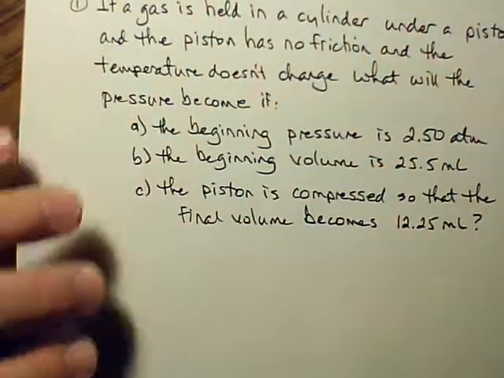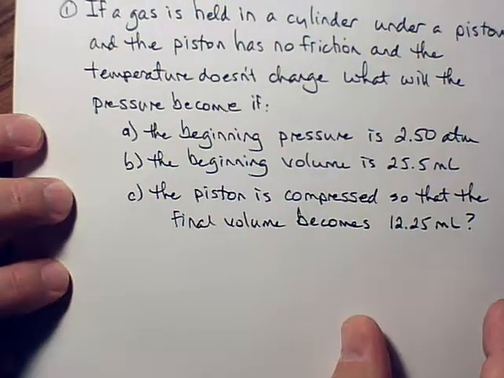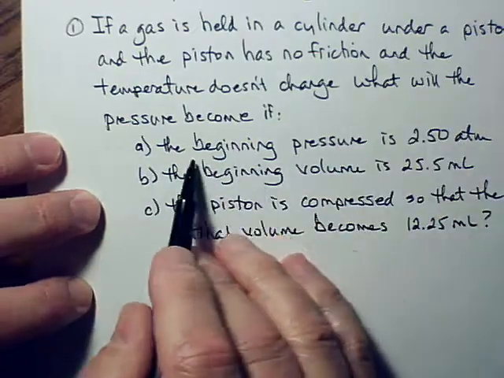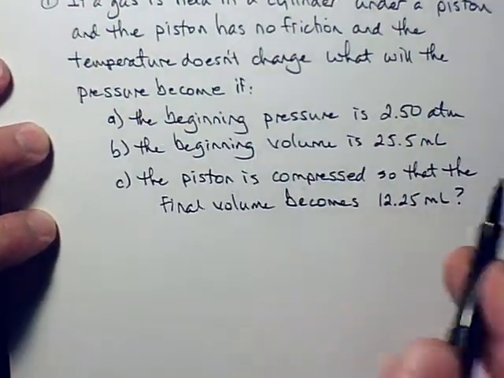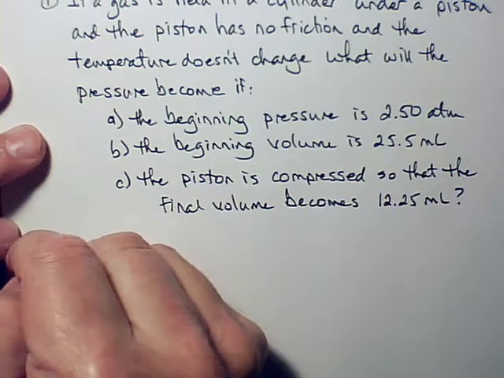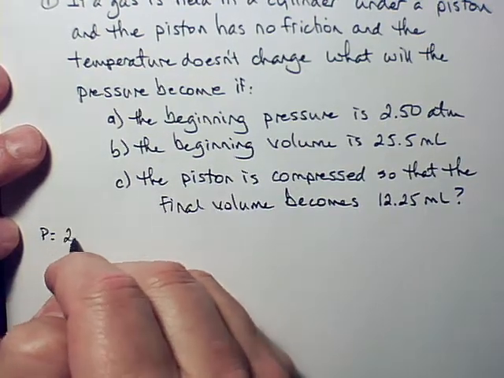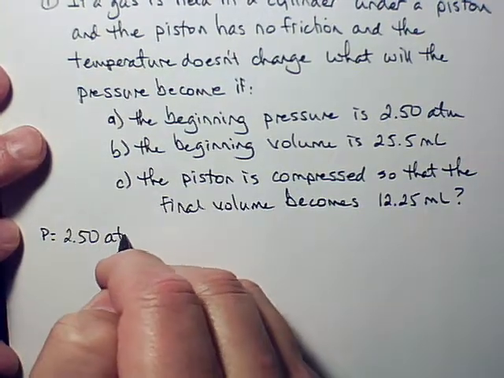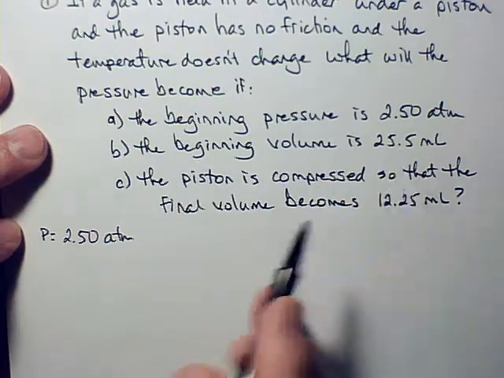Okay, so it's required that you list your knowns and unknowns. Read the problem, and it tells us, well, I kind of made all your knowns down here pretty easy. Pressure equals 2.50 atmospheres. Volume 25.5